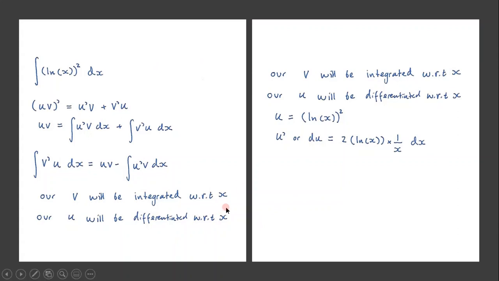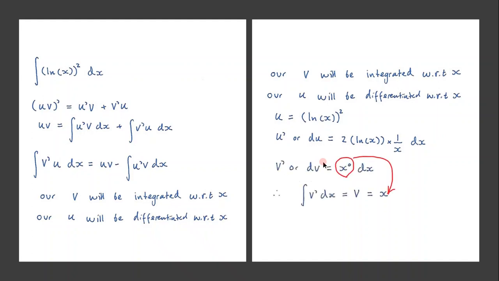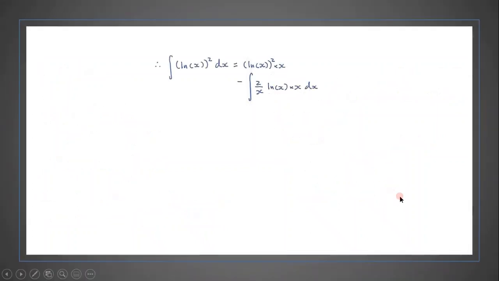So I've chosen to let ln x be the function that we differentiate, so our u. And our v is not ln x, but it's x to the 0, because any function to the power of 0 is 1. And if we integrate that, we'll just get x back. So now we substitute all of this into our formula that we derived, and we cross out x and x,